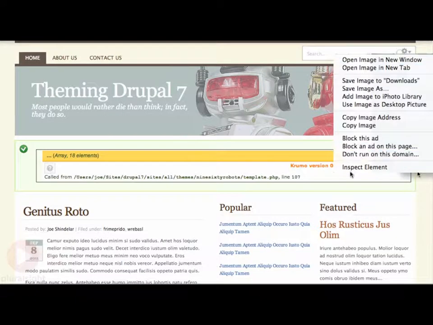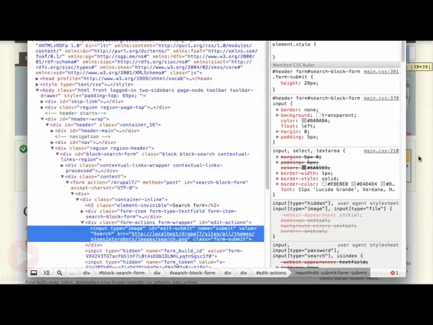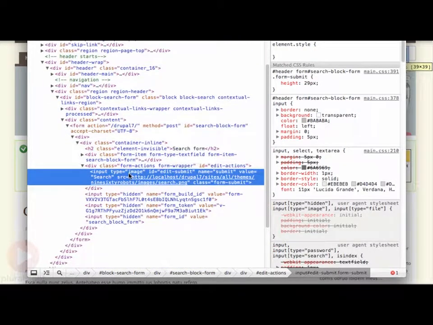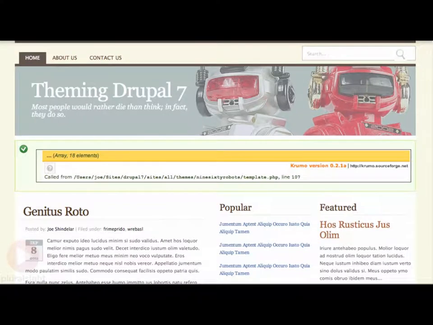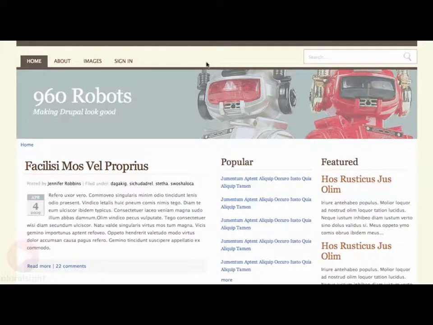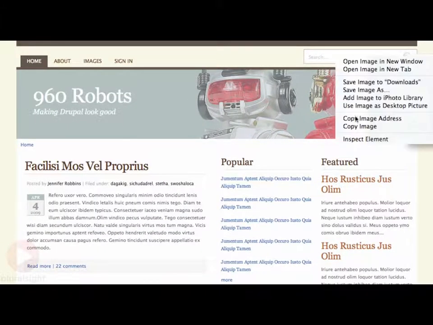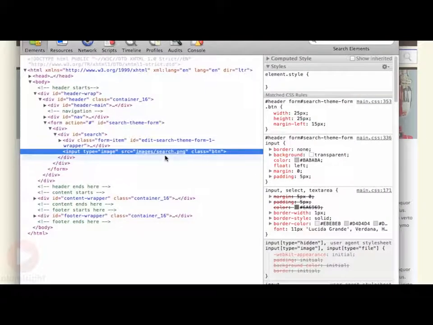I can inspect that element just to get an idea of what that looks like here. I can see it's an input of type image, and the classes that are being applied to it is just one, form-submit. And then if I take a look at our mockup and inspect the search element in the HTML there, I can see that it is an element of type image, just like in our theme, and it has a class of BTN. So I need to make sure that ours also gets a class of BTN,